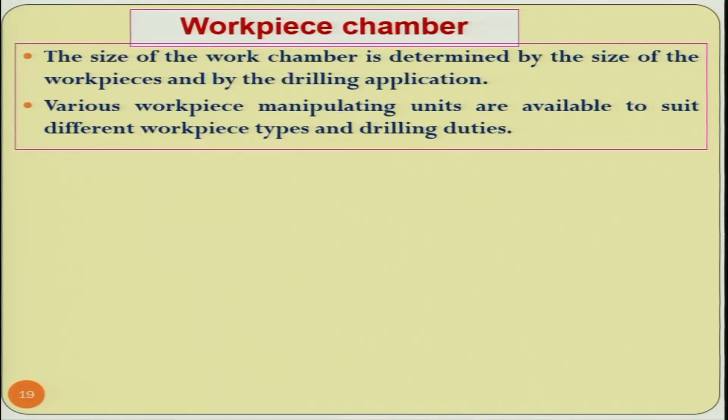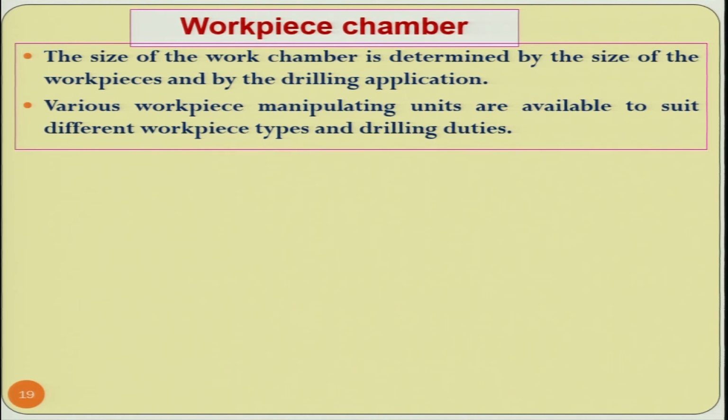bottom one was the workpiece chamber, where you had the workpiece, electron beam was coming, and then you had the devices to move in x and y direction to the workpiece, and lens for focusing the electron beam on the workpiece in a particular location. So, various workpiece manipulating units are available to suit different workpiece types and drilling duties. So, it is really not exactly the drilling duties, you can say machining duties, because you can perform different kind